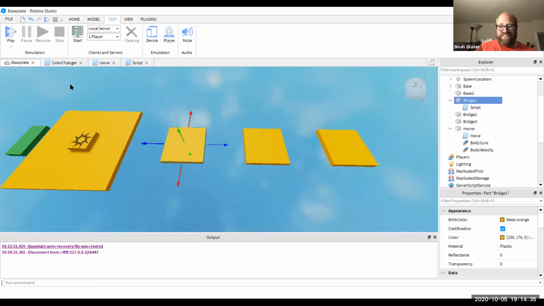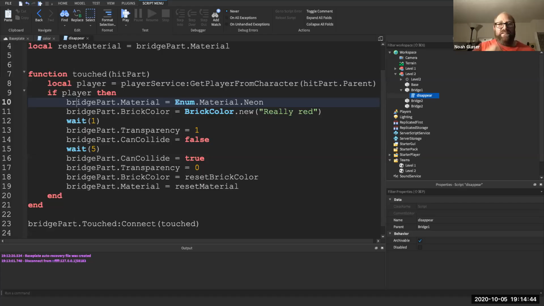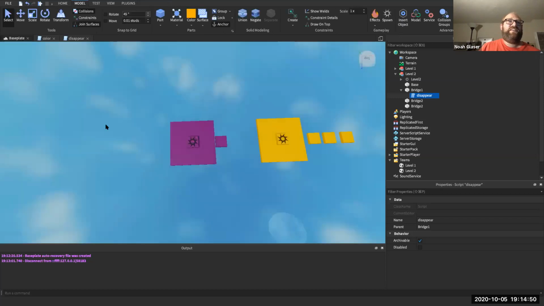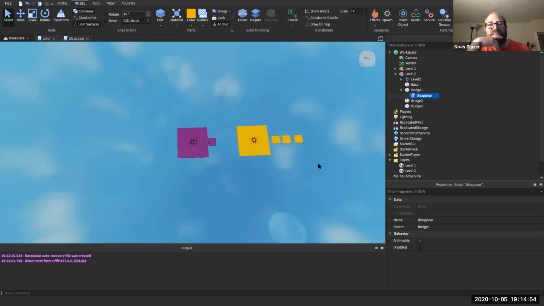So I'm gonna start. I'm gonna share. Okay, so that's looking good. And okay, so the next thing we want to do is we're gonna create our third level, and this level